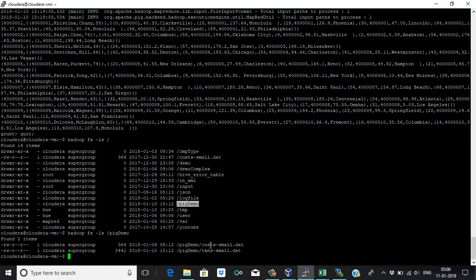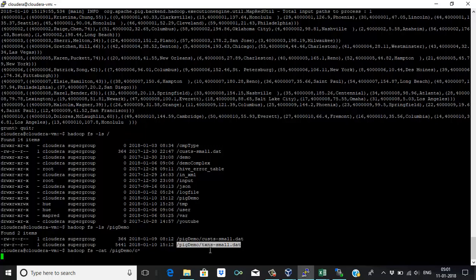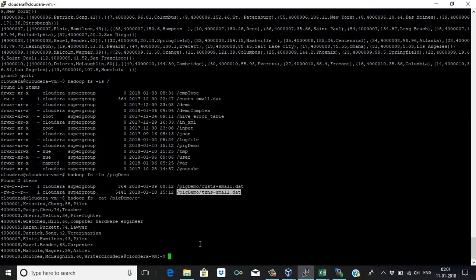Here we have the customer file and the transaction file. I can show you, we can open both the files and see whether we have common records or not. First we will see the customer file. Okay, so here we have ID, first name, last name, age and designation. Okay, now if I open the transaction file,